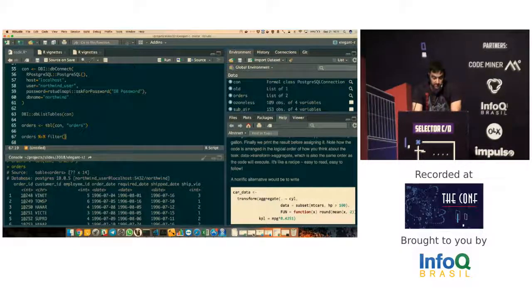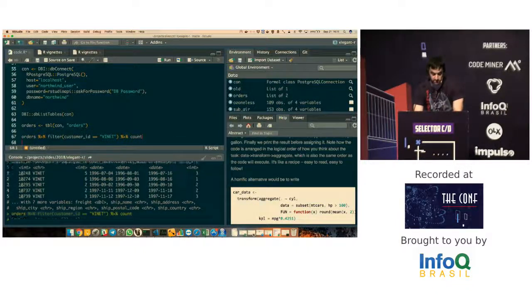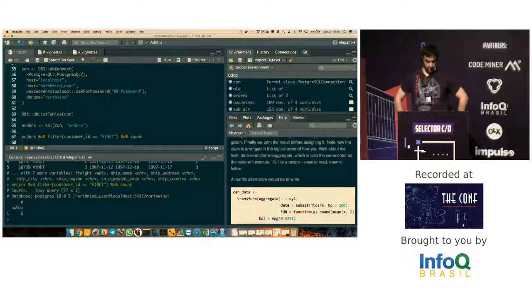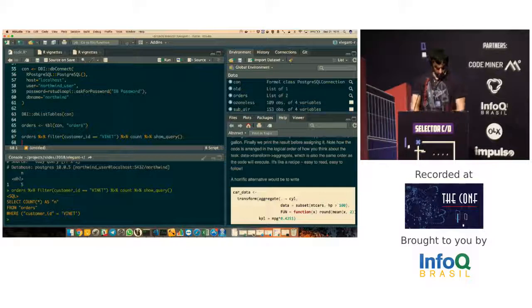But I can actually use it to, I don't know, maybe filter customer ID equals, I don't know, this guy over here. And I want to, maybe count. And yeah, all right. What query does it yield? Show query. Oh, cool. It actually generates a very reasonable query. So I can actually replace very complex R idioms that are translated to SQL queries,